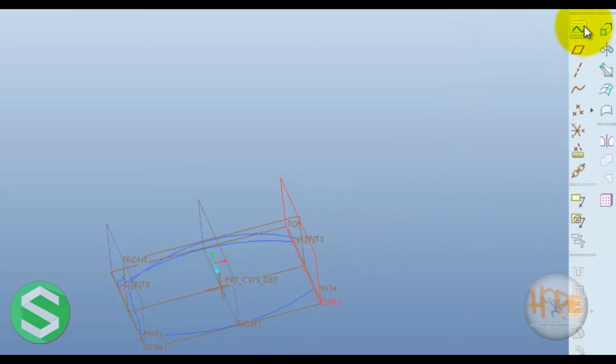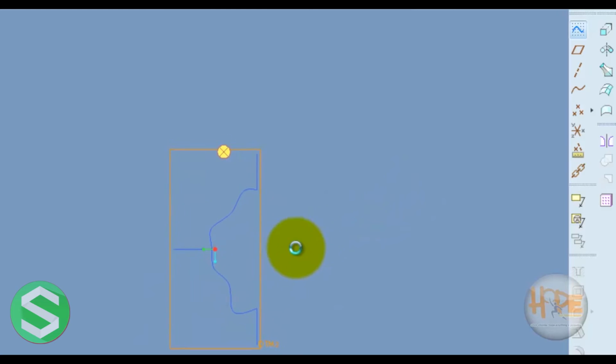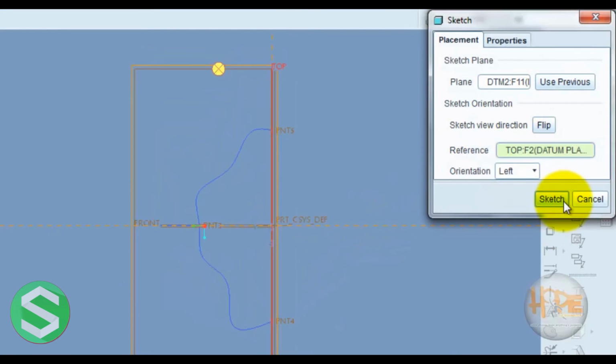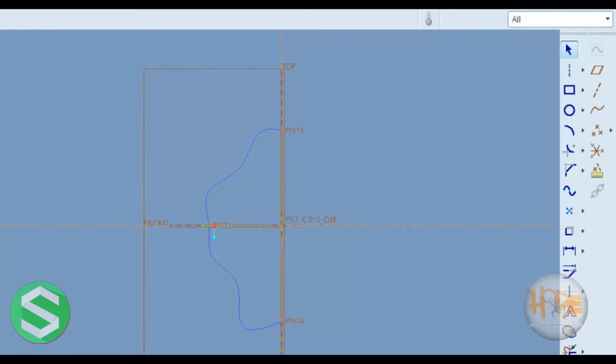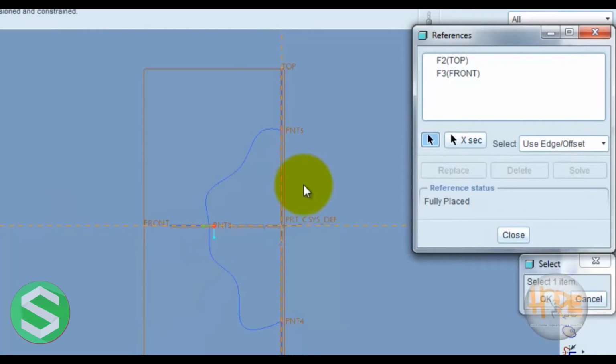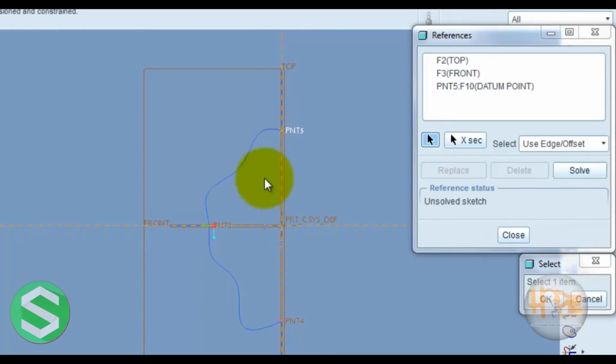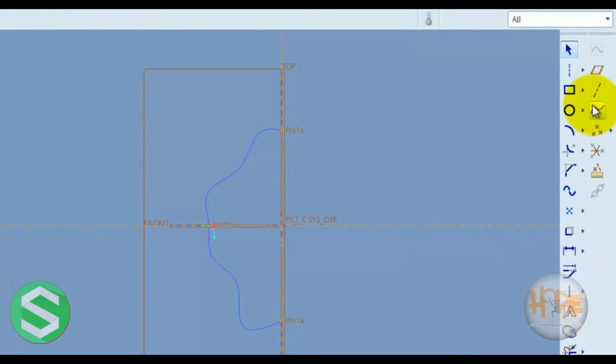OK. Now sketch the same figure. So for that, first select the reference, then press OK. Now draw the sketch.